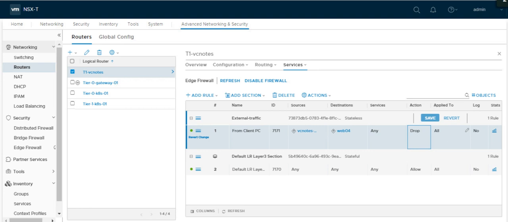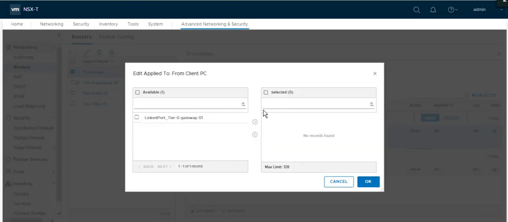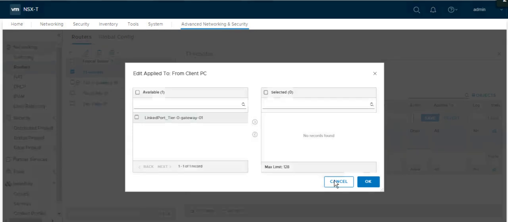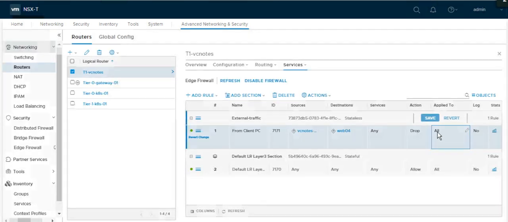and OK, so beside Publish you have the option to save. The Applied To field is where you can apply on all, on everything, or you can apply on a logical port linked to the tier 0 gateway. So it's up to you where you want to apply. I have selected nothing, so it automatically selects all, meaning every traffic on any interface which comes toward this tier 1 router, it will check all the traffic on all the interfaces, and will apply the action which is selected here. Okay, just click on save